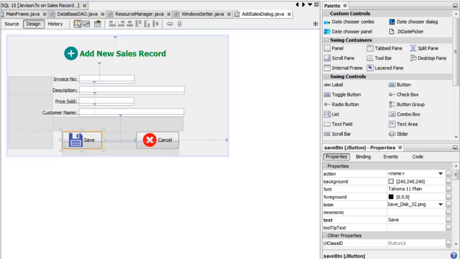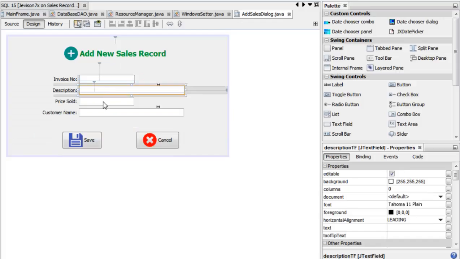Alright, what we're supposed to do in this video is to gather the data that is generated from these text fields, and when the user clicks on save, we gather the data that the user has entered in this text field, and then create a sales record object with the information and then insert it into the database. However, I've decided to generate the invoice number automatically in this video. So that's what we're going to do, and then on the next video we'll gather the information and then insert